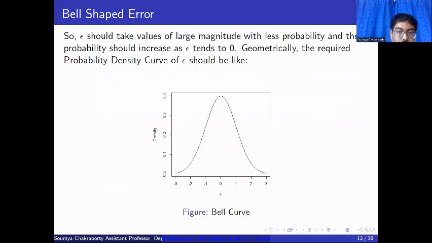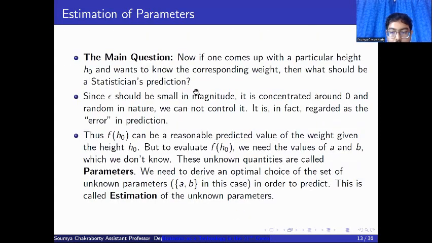So let us now come back to our main question. Suppose a particular value of the height is h naught, and we want to know the corresponding weight. If we know that function f, then f of h naught will be a good prediction of that unknown weight. But even if we use the linear model, that is y equals a plus bx plus epsilon, or the quadratic model, that is a plus bx square plus epsilon, or even the exponential model,